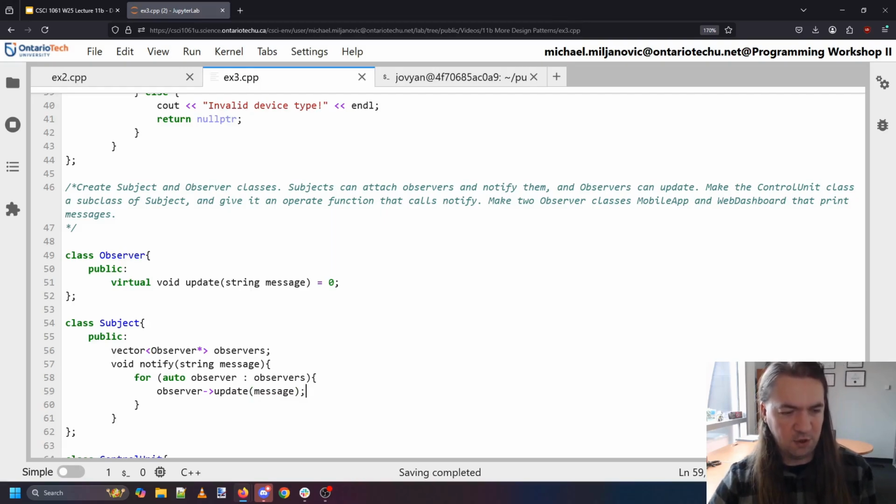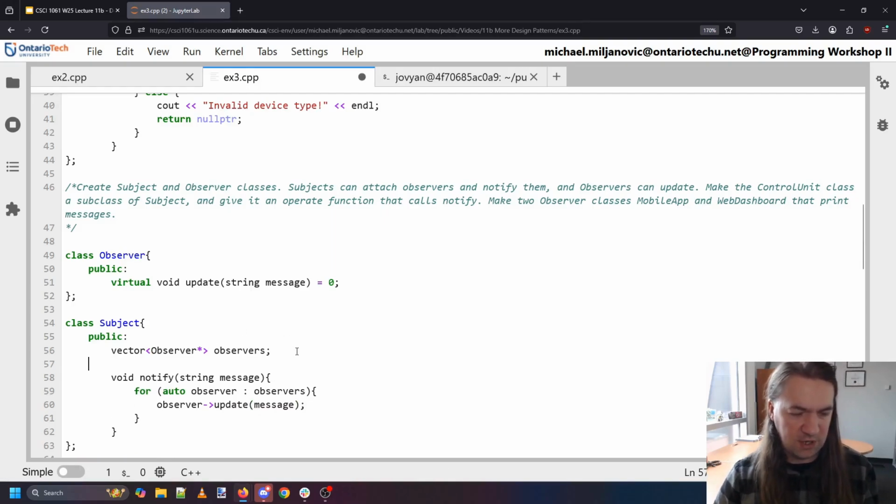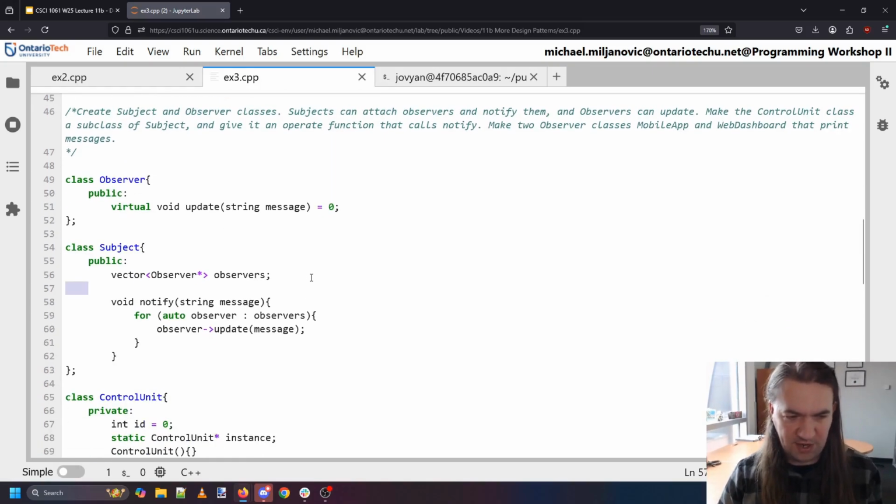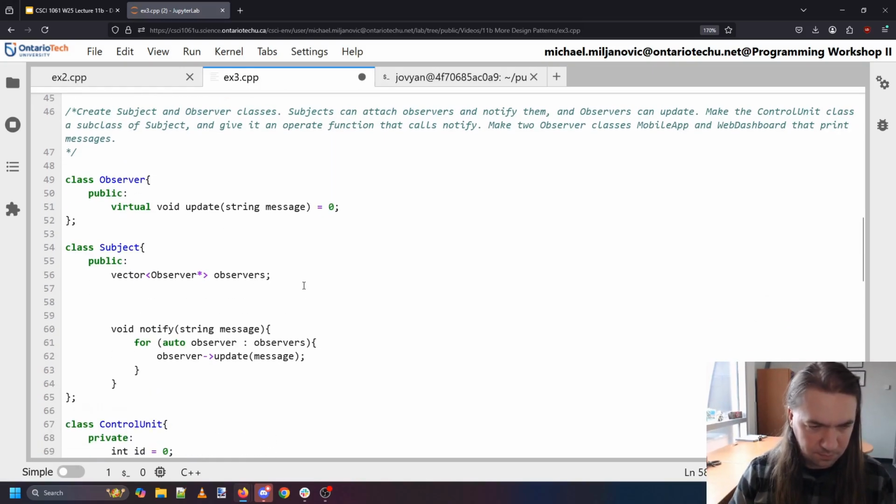So give the message that we're notifying with to each of our observers. Also means we need to be able to attach an observer. So here we can have void add observer, given an observer pointer O, and this is just observers dot push_back O,